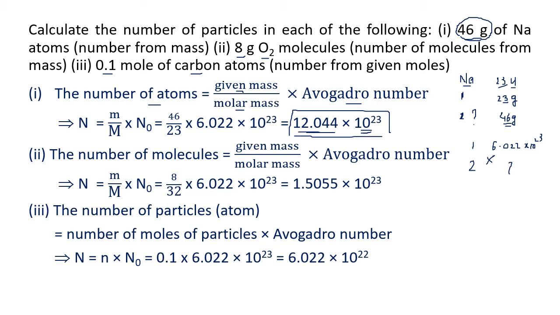Same way, how many particles or how many atoms in 8 grams of O2 molecules? Okay, so you are given 8 grams. Now we know oxygen's atomic mass is 16 units. So 16 grams will have 1 mole. So 8 grams will have half of it, 16 is half, so it will have half a mole. Now 1 mole has how many particles? 6.022 into 10 raised to 23. So half a mole will have how much? Half of this. It will have,